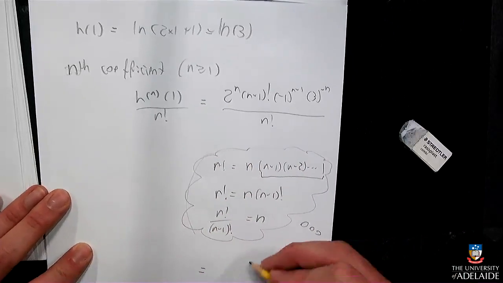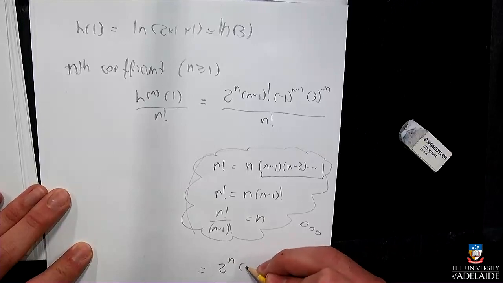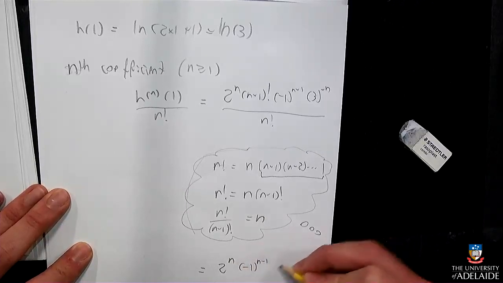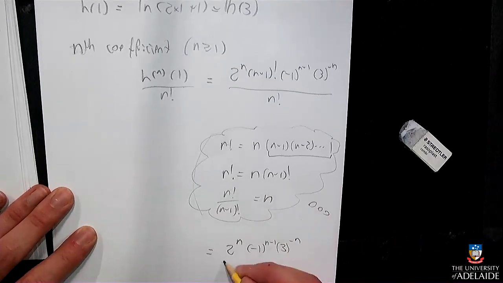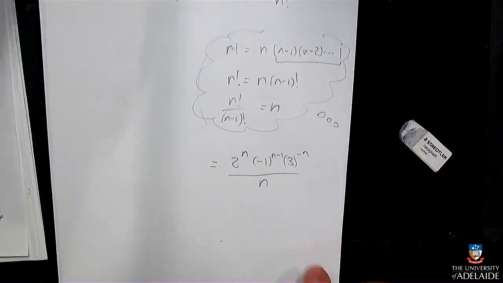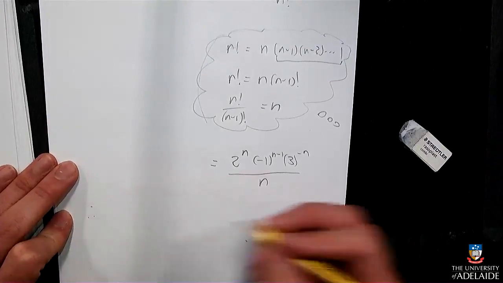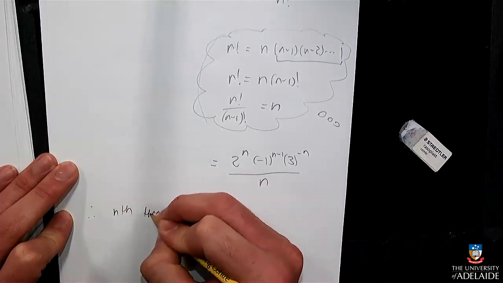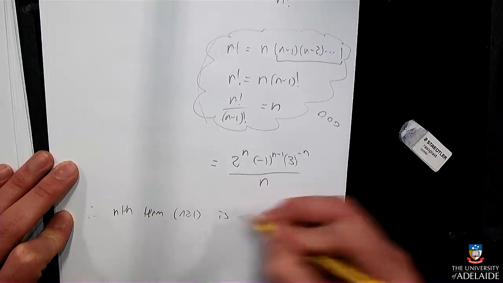And so this is equal to 2 to the n minus 1, -1 to the n minus 1, 3 to the minus n over n. I probably don't need the brackets around the 3, I'll just keep copying it from the line above. So if you wanted to, you could simplify this a little more and put that as 2/3 to the n, but this is fine. And so therefore, the nth term for n greater than 1 is